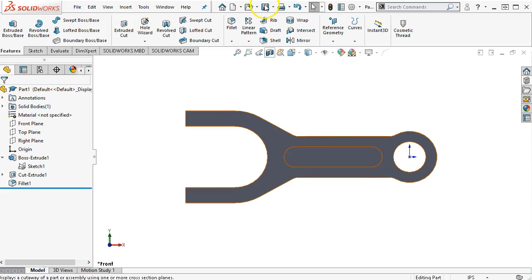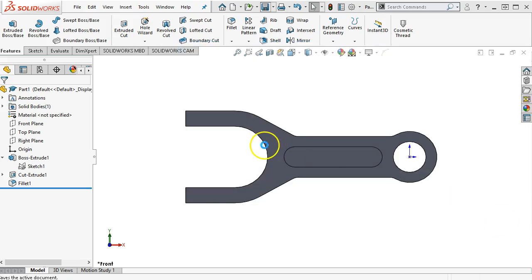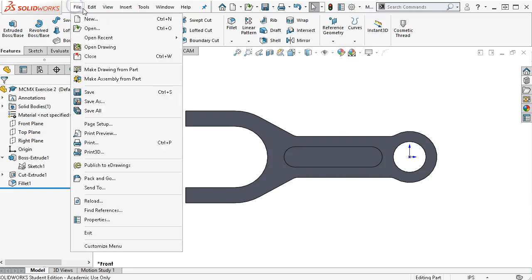Okay, so now we can save this. And we'll put this in my transfer folder. So tutorial number 2 for the exercise, and save it. All right, so at this point I could output this as a DWG,